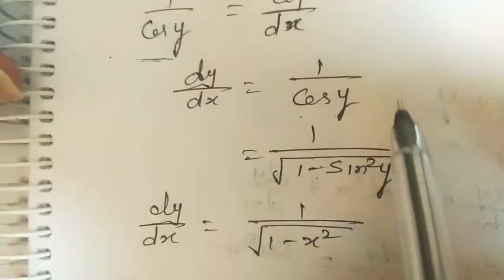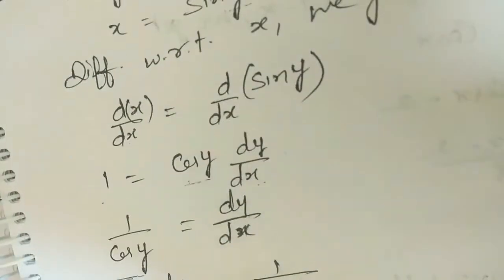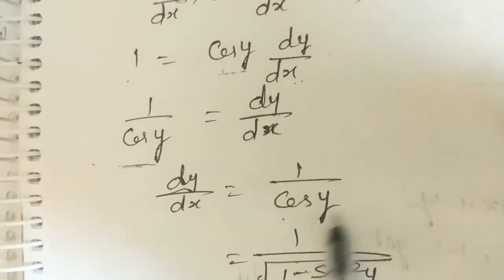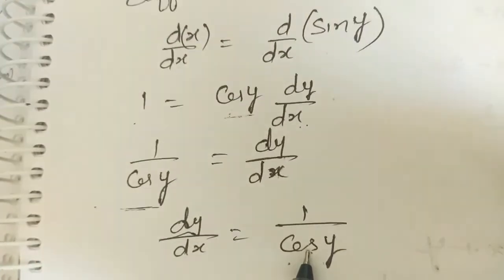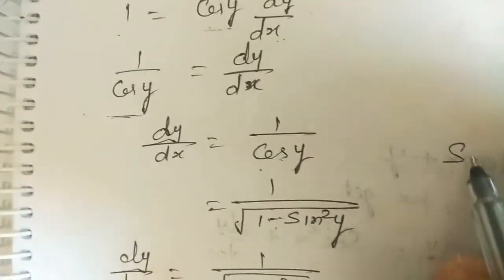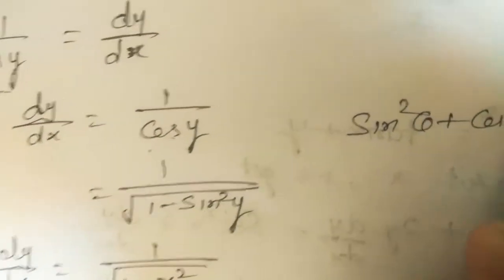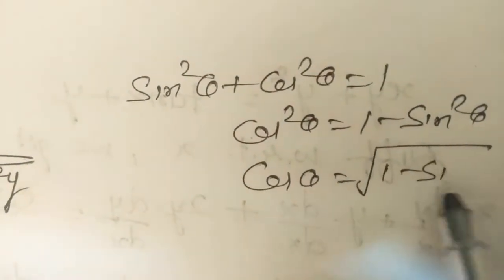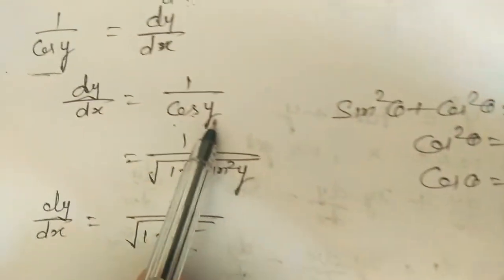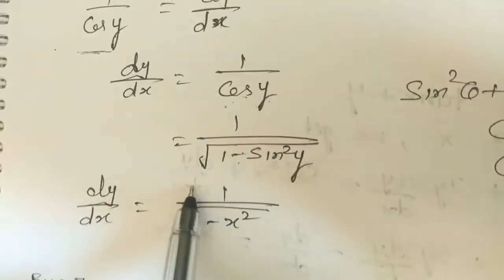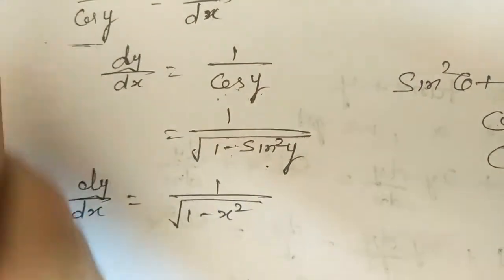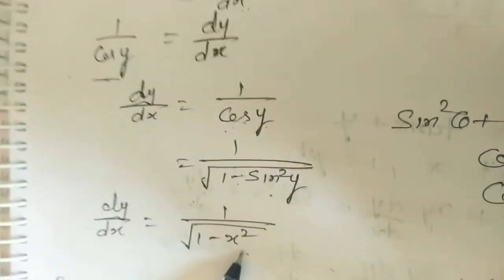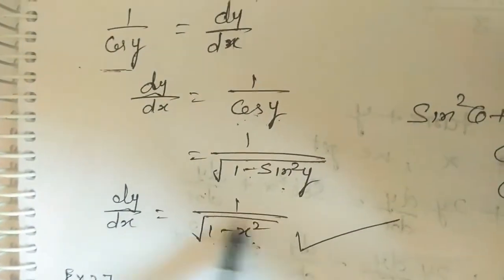So we know that sin y value is x and we have here cos y. So we will change cos in the term of sine. We know that sin square theta plus cos square theta is equal to 1. Then we can write cos square theta is equal to 1 minus sin square theta. Then what will be cos theta? 1 minus sin square theta square root. So we can write cos y is 1 minus sin square y square root. Okay. Then what is sin y here? Sin y is x. So we will write 1 minus x square. So what is the derivative of sin inverse x? 1 upon 1 minus x square root.